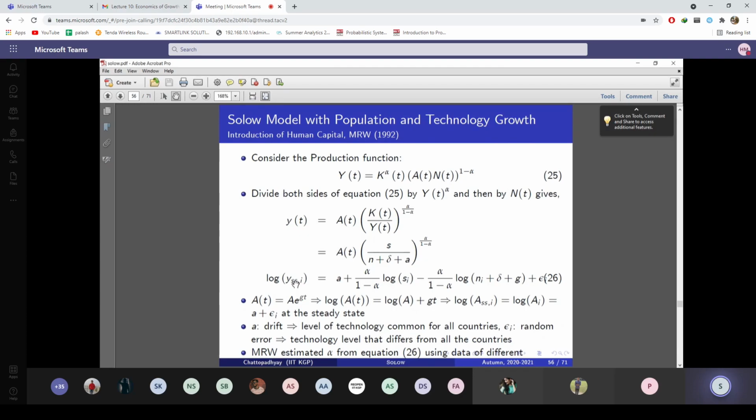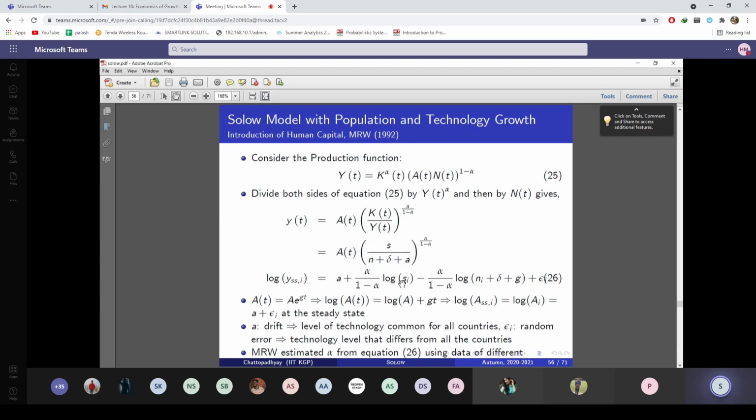So GDP data is available. The average GDP from 1965 to 1980 for the ith country they have taken, and they have taken the log of that. Similarly, for the savings rate, they have taken the fraction of output that is saved, the fraction of GDP that is saved for the ith country, an average of that from 1965 to 1980, and taken the logarithm of that. And again, delta plus g, they assume it is 5%. Population growth for the ith country is available.